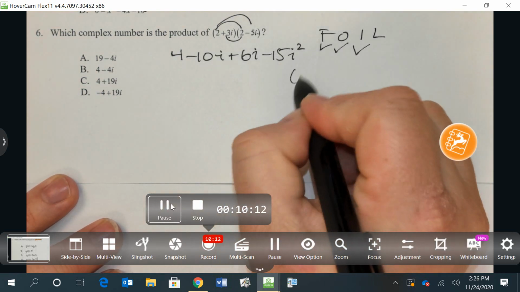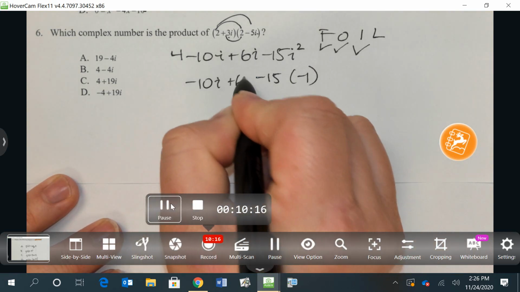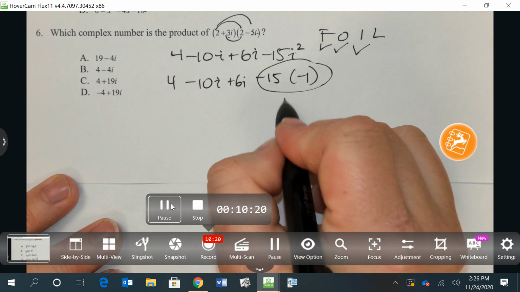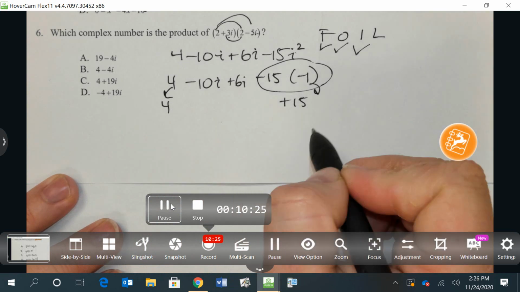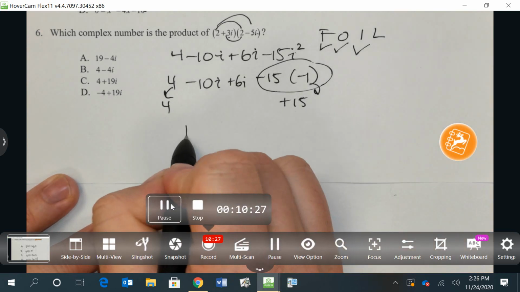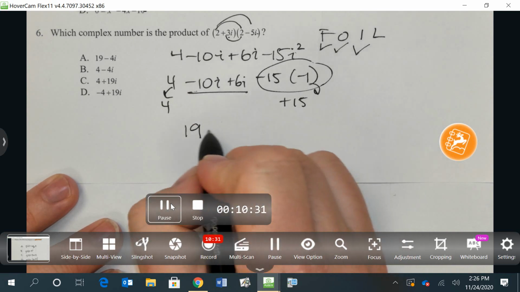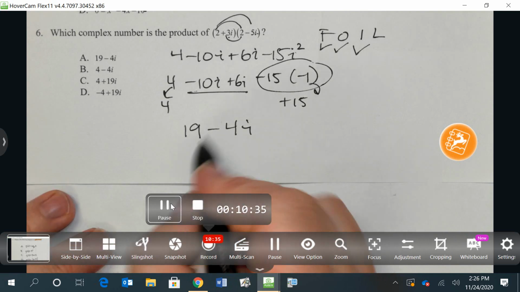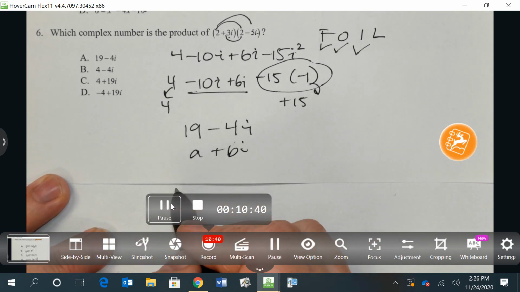Remember that i squared is the same as -1. So -15 times the -1 is a positive 15. When I combine like terms, the 4 in front and the positive 15 in back combine to give you 19. The -10 and the positive 6 would be a -4. This is written here in standard form, a plus or minus bi, so the imaginary part is last, the real part is first, and the correct answer is